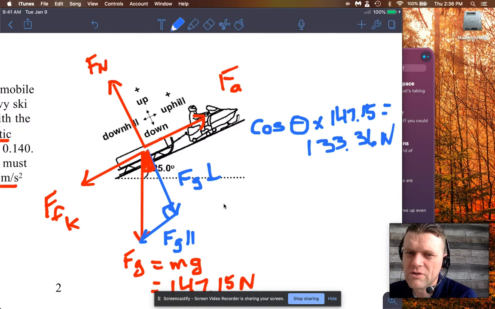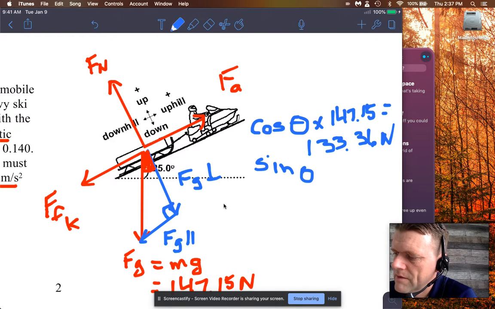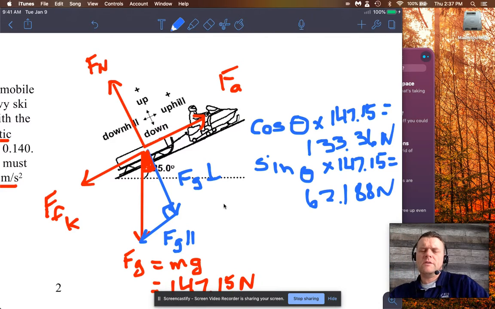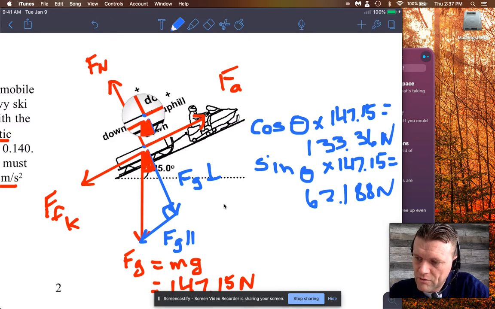newtons. Again, try not to round anything because this is all as best you can until the end. The sine times 147.15. The sine of 25 degrees, that one should be 62.188. Okay, so really something you should catch is that the force of gravity parallel, we could and we should